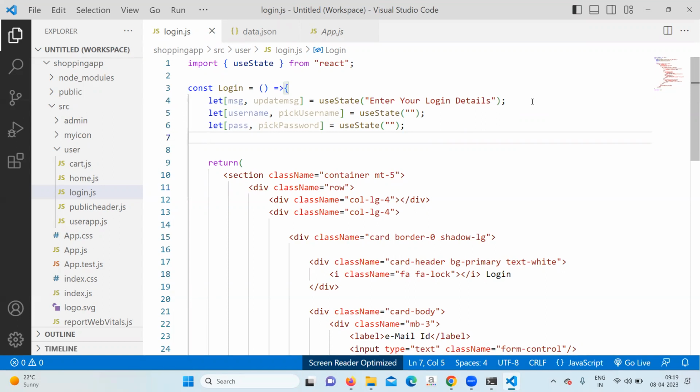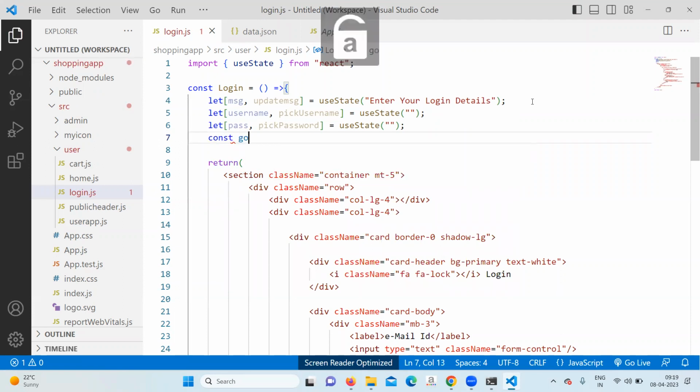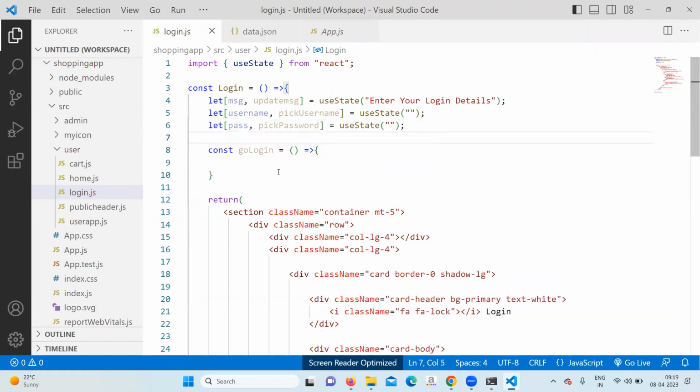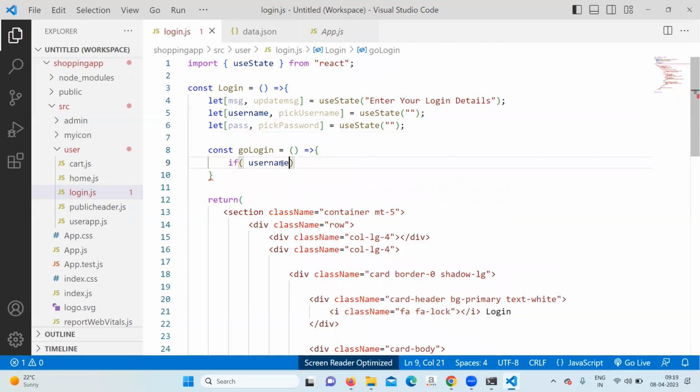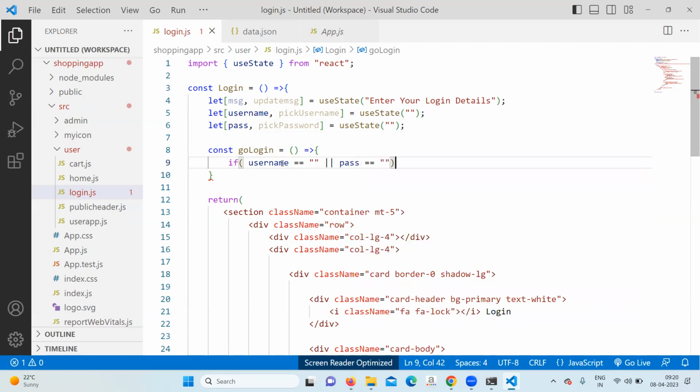Now right below, const go login. Inside the go login, you will write here: if username is equal to empty or pass double equal to empty,